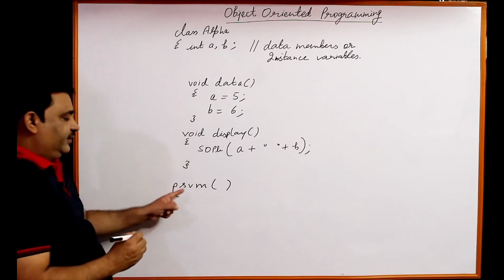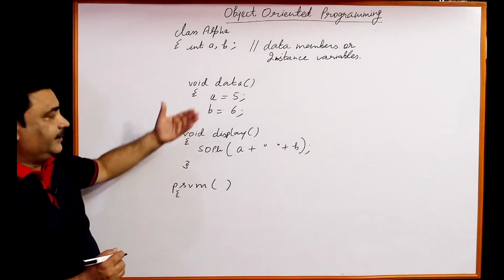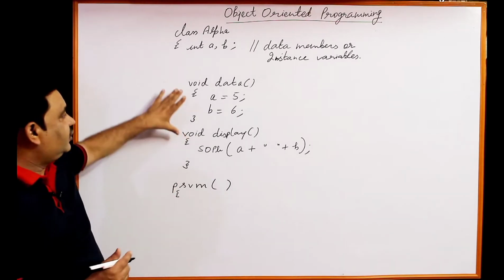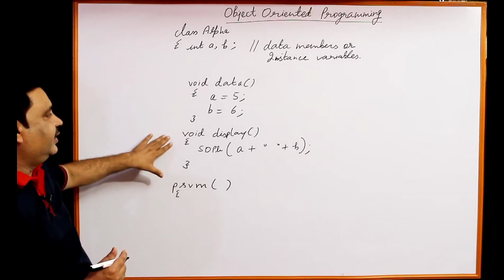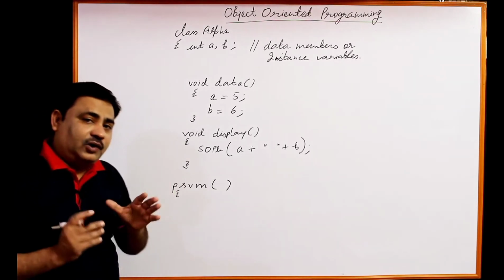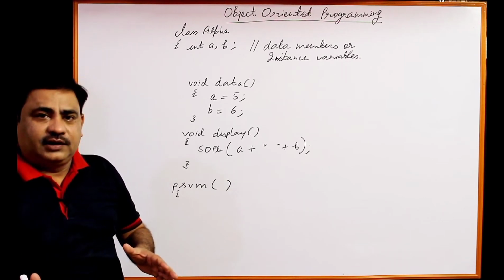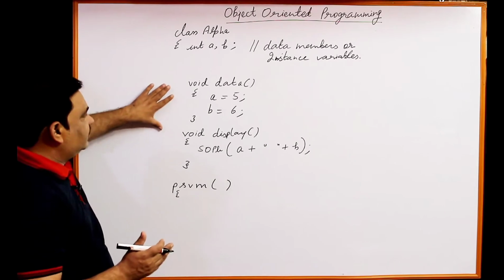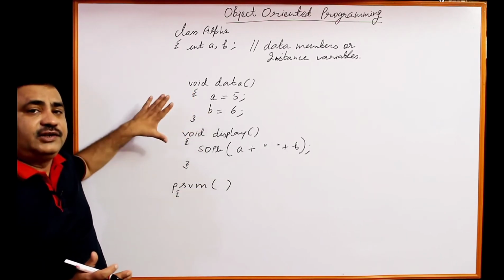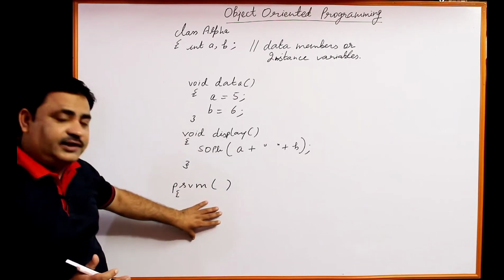In the static function, main is a static function, we cannot call these functions directly. Like if I write display, so display cannot be called. These functions are non-static. There is no static keyword before these functions. So non-static functions belong to the object, but static functions belong to the class. If these functions are static, we can easily call them within the class from the static functions also, but if they are non-static, they belong to the object. So first of all we have to create the object here.